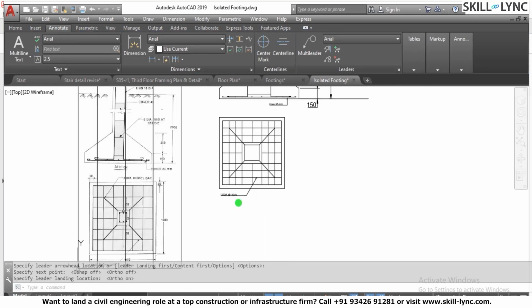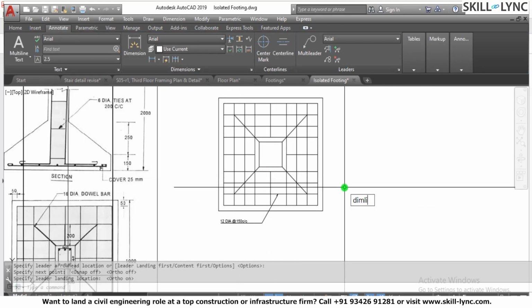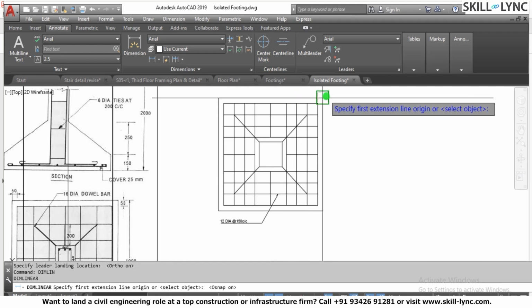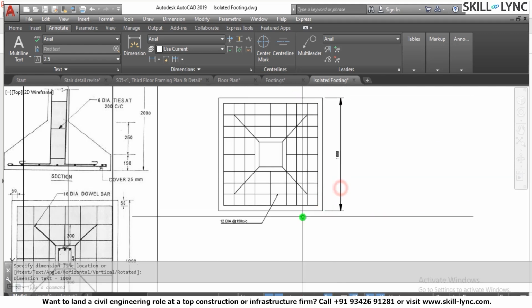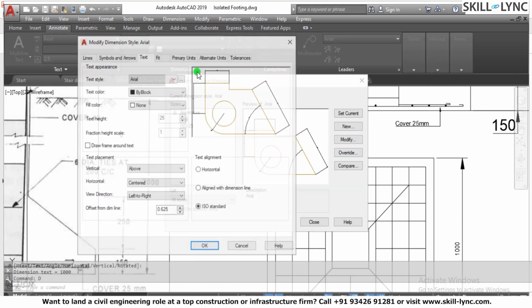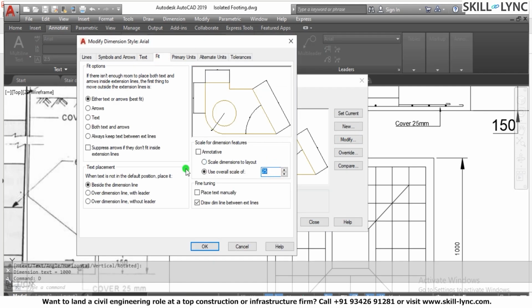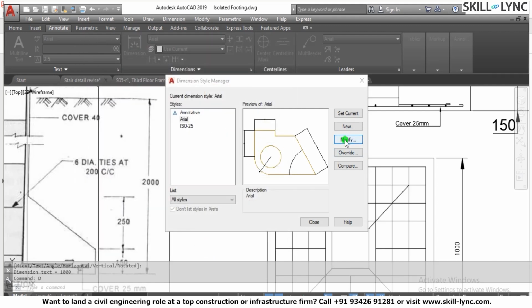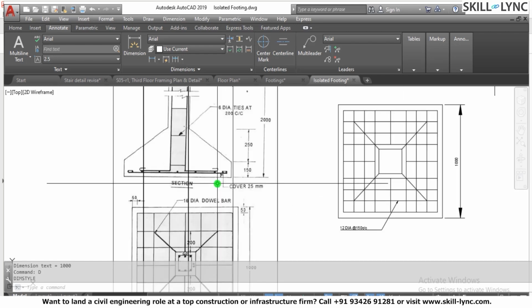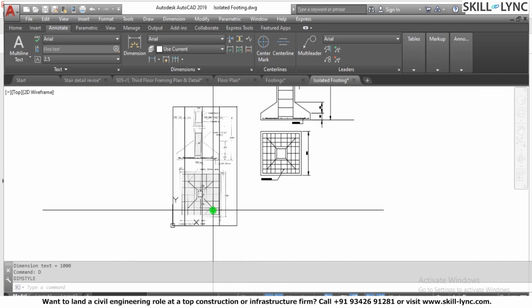So this is something that then I can dimension the pedestal here. So I will put the ortho snap on. Here I have this is 1000, and if I want to increase the size of the dimension, what I need to do is go to the fit option and go to the scale factor. Let's say I would go for 35. So again, let me check. So set current. So the size will increase a bit,